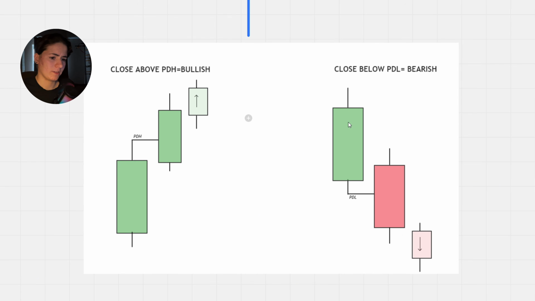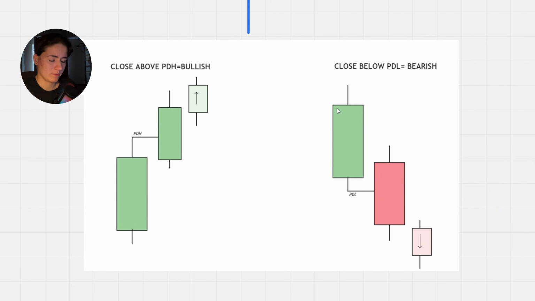It can help, but keep in mind, it's not the most high-probability method. The first scenario is when the candle closes above the previous daily high. This can indicate that the next candle might also be bullish. The same goes for a bearish situation. If the candle closes below the previous daily low, it suggests that the next candle could be